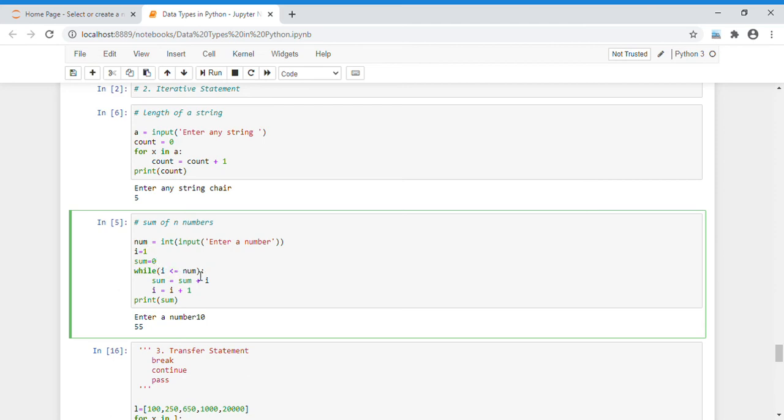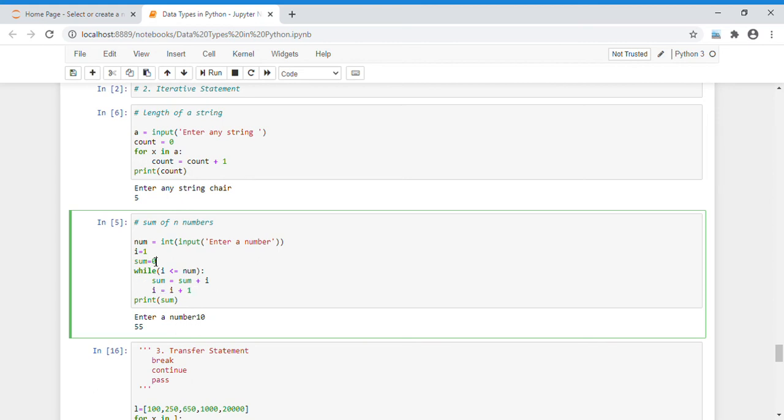Yes, this condition is true, so it goes here: sum is equal to sum plus i, that is, the value of sum is 0, 0 plus 1, that is 1. Now the value of sum is 1, remember. After that it goes here: i is equal to i plus 1, that is 1 plus 1. Now the value of i is 2.